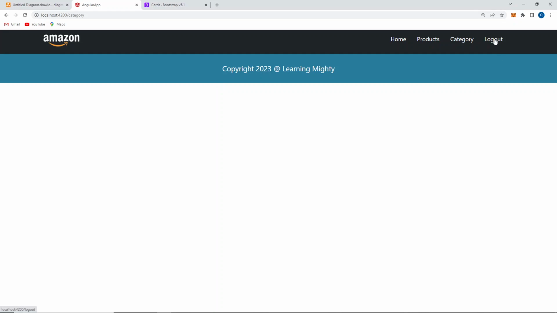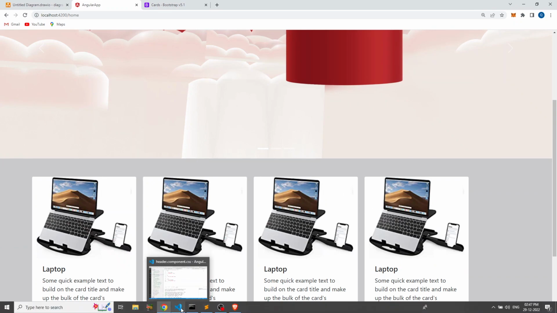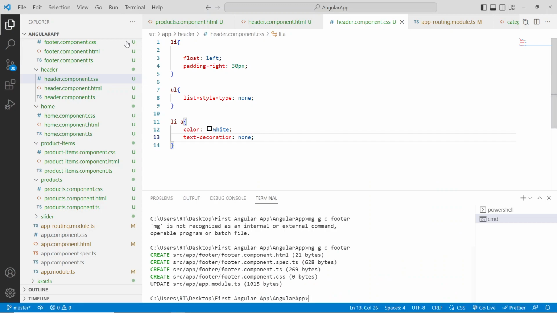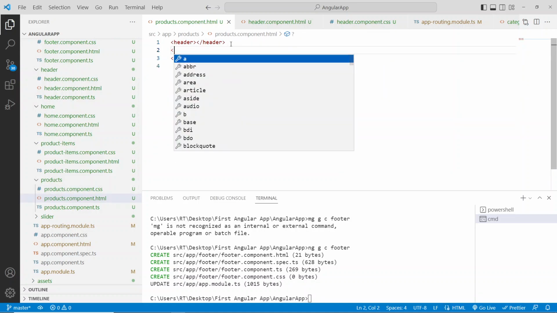So when I click on logout, obviously we don't have anything for logout, so it is not going to log out. Okay, yes. So now at the products page, we'll include this products component, so that it looks a bit different. So I'll go to the code over here, and here where is that product component? Here we have, between this header and footer we'll include product